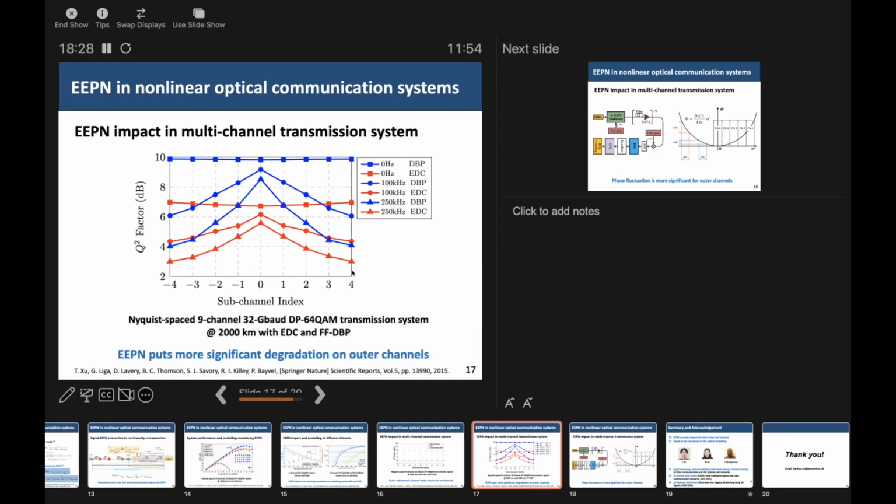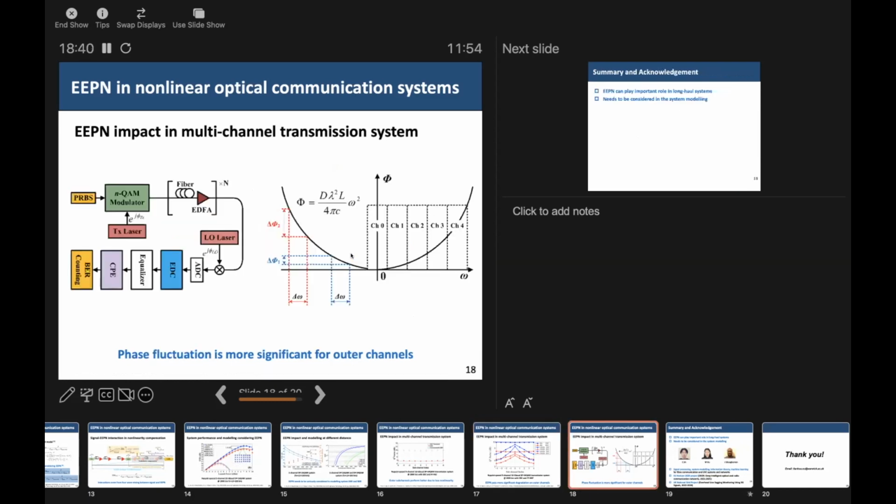We take the example of 9 channels transmission. So we need to do a simultaneous compensation over all the compensated bandwidth channels. That is because when we are doing this compensation,